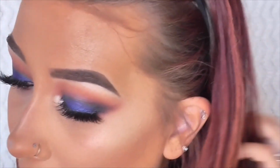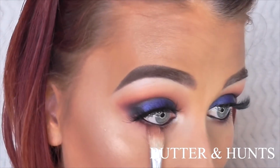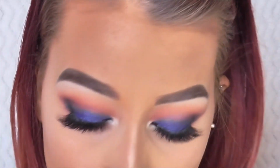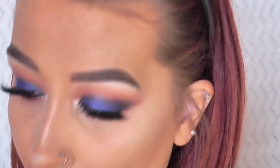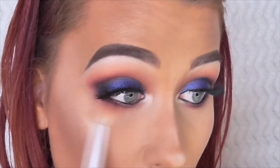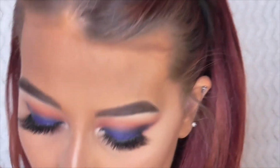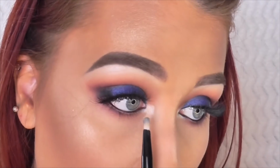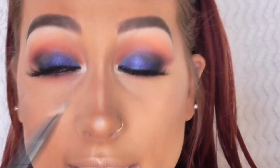Once I was done with that, I took this brush right here with a little bit of Jaclyn Hunt's on it, and I held it straight up like this, and I helped blend all the colors together just like that. And once I was finished with that, I took my Wet n Wild blending brush with a little bit of Made for Each Other and Silk Cream, and then I just blended underneath just to make sure we have no harsh lines. I'm going to take this brush right here with a little bit of Beam and In Light, and I'm going to highlight my inner corner, and I'm going to bring it right underneath of my waterline